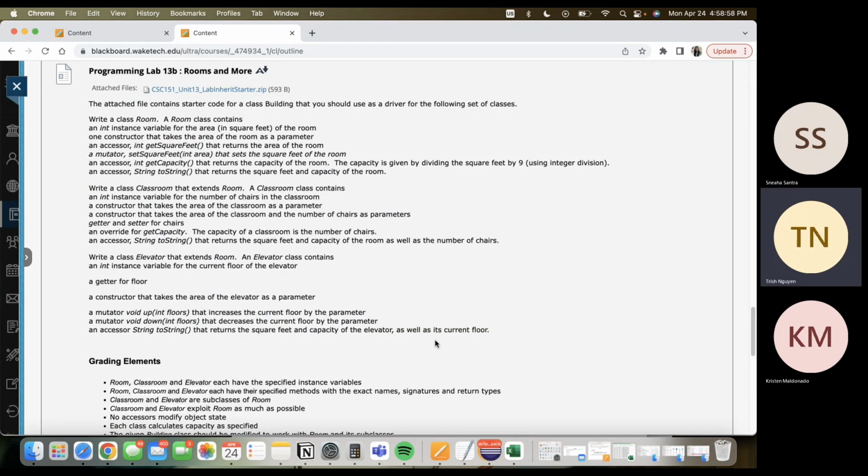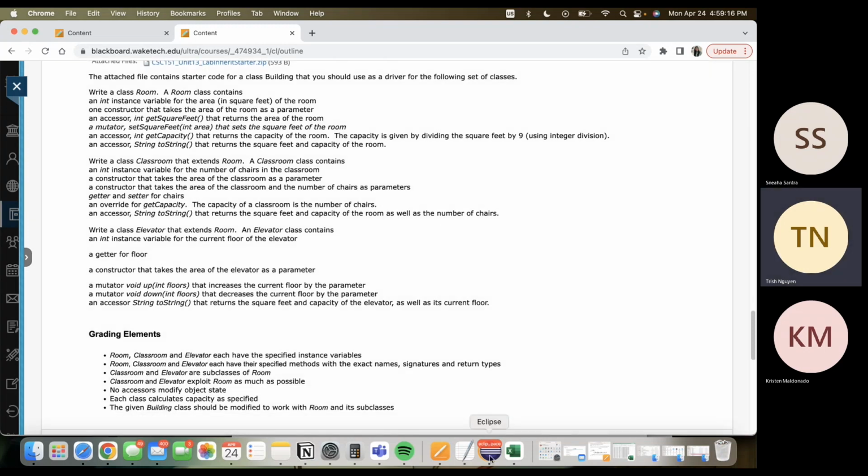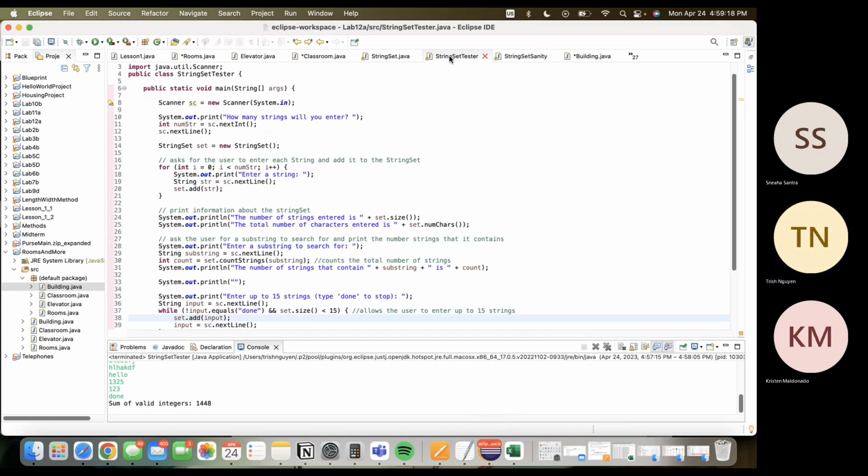So for the second part of the project, we had the Rooms and More project, and we're supposed to create 3 different classes for that called Room, Classroom, and Elevator. And these were the instructions given to us. And we were also given starter code for that. And so if I go back,